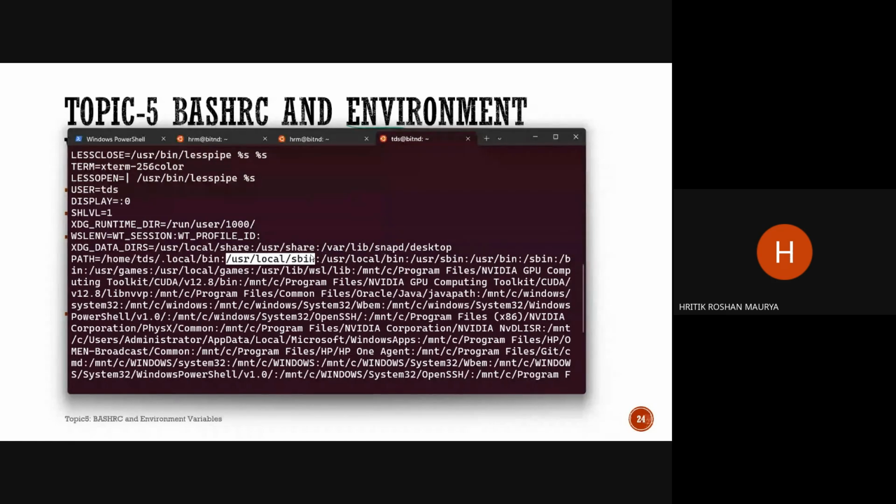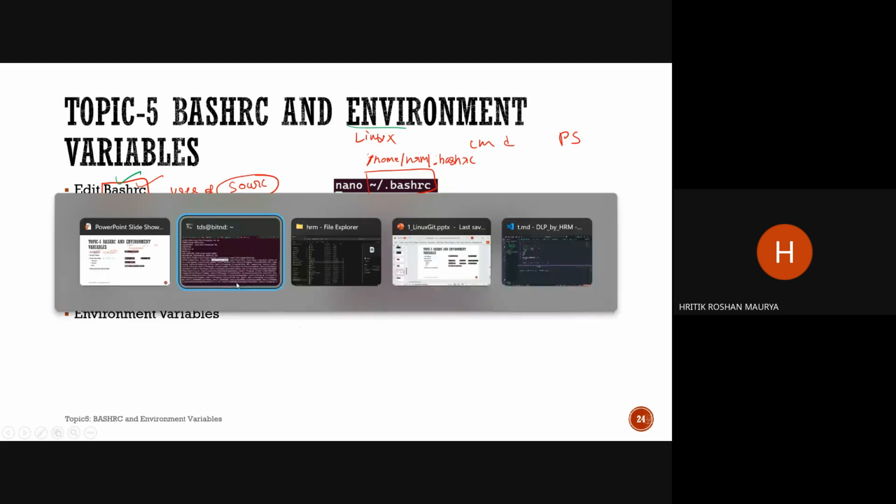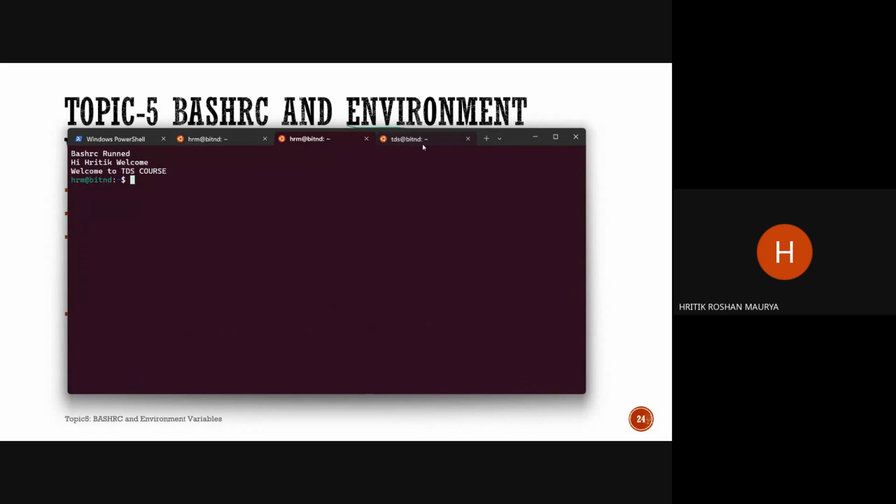So these are different folder locations. In the PATH variable, different folder locations are saved. So what is PATH? Different folder locations. It is something like folder 1, colon, folder 2, colon, folder 3, colon. You got the point. Okay, so let me copy the cat